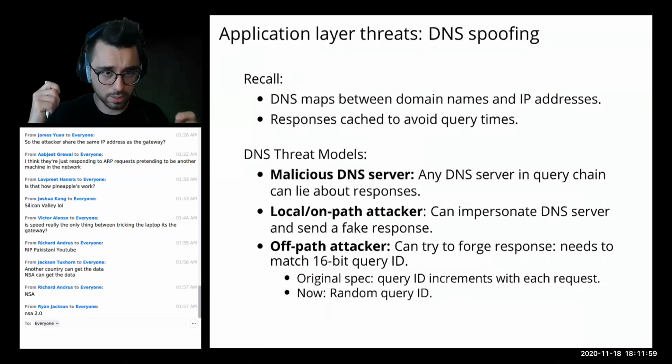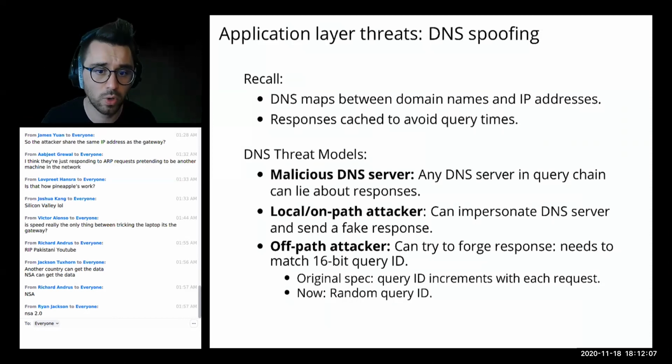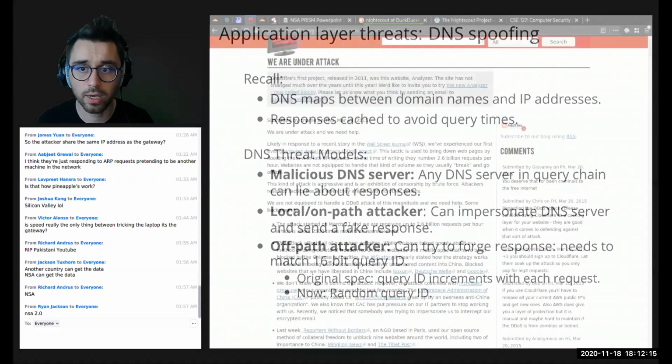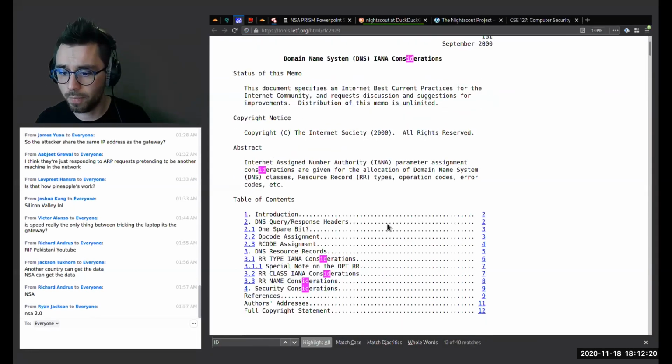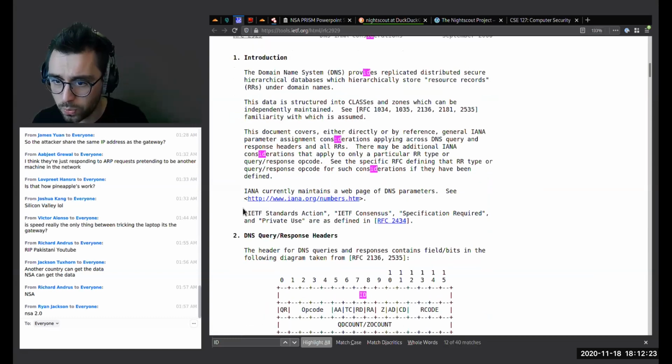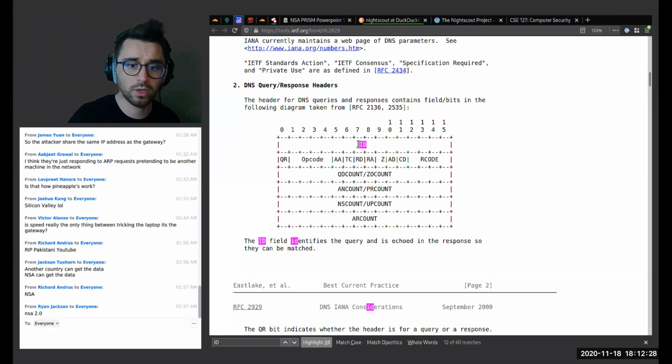An on-path attacker is in between, so they can actually see the queries. When we make a DNS query, one thing we do is send a query ID. If we look at the DNS spec, the header has the ID. When we send a query, we include the ID, and the server responds with the same ID, and that's how we know they're responding to the right thing.